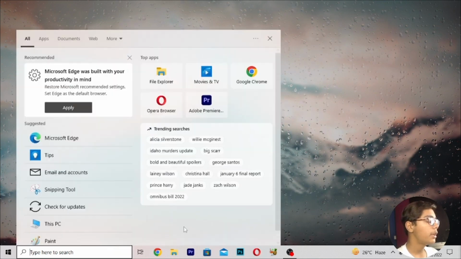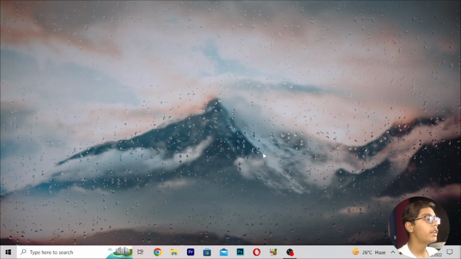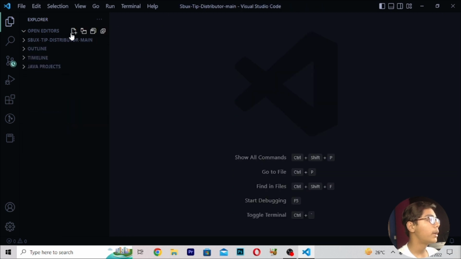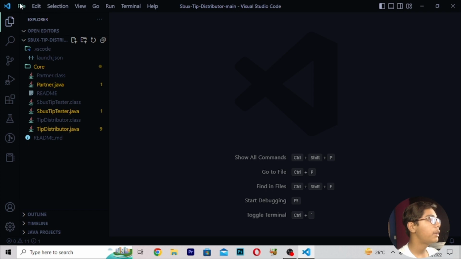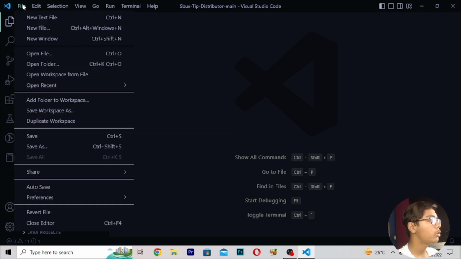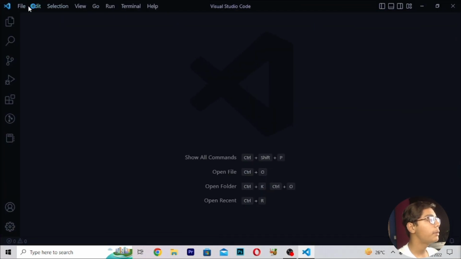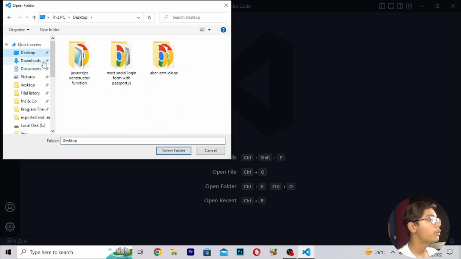So for building this project, I will be opening my VS Code, and here on the desktop I have the folder of JavaScript constructor function, which contains all the files of the drop down menu project which we are building. Here I will be making a new window, so I will be moving to File, then pressing New Window, then I will be closing the previous window, and I will be opening it in my default Google Chrome browser. But before that you have to open your folder with the name JavaScript constructor function.